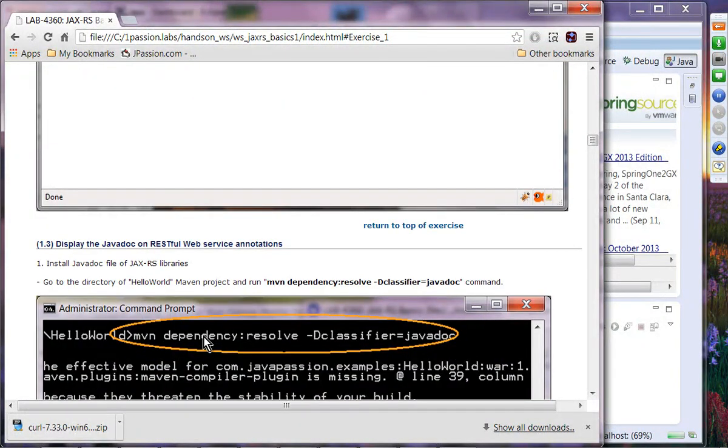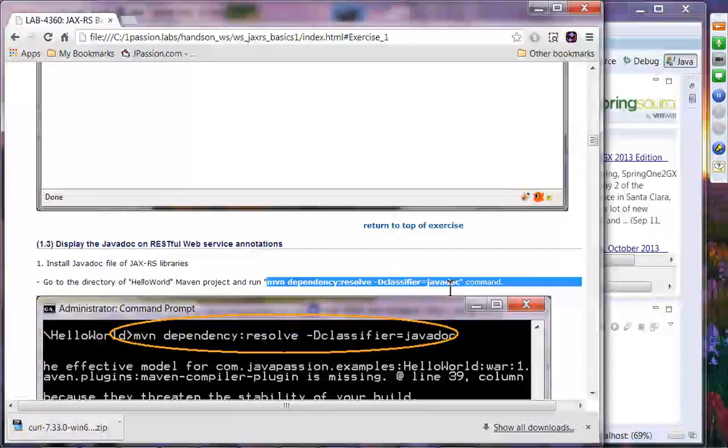So here we are going to see the RESTful web service annotation Java documentation. Then you have to resolve the dependencies. So just type this one at the command line. Okay,